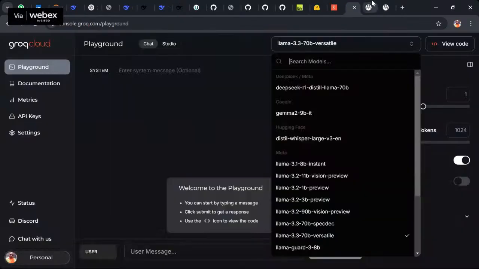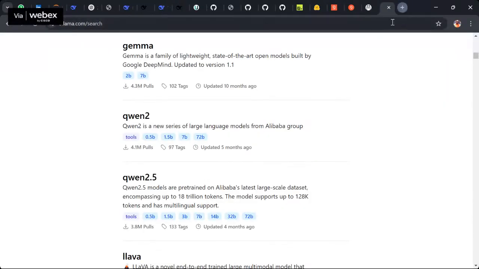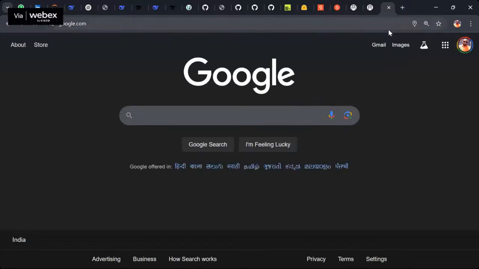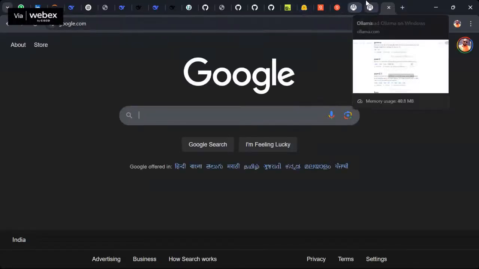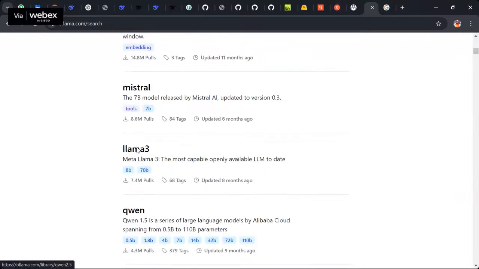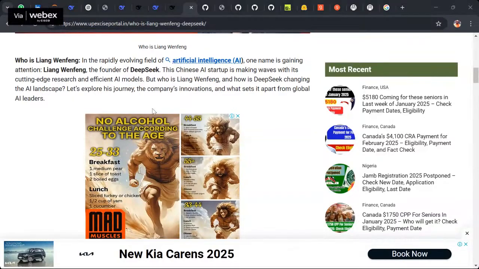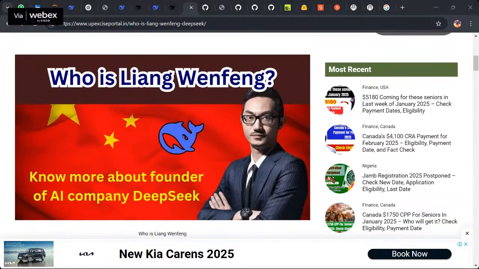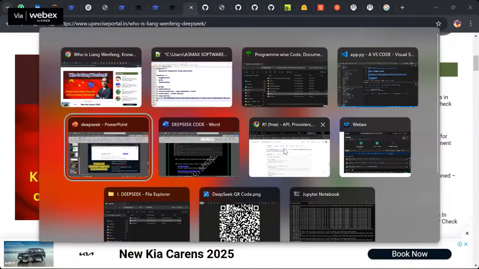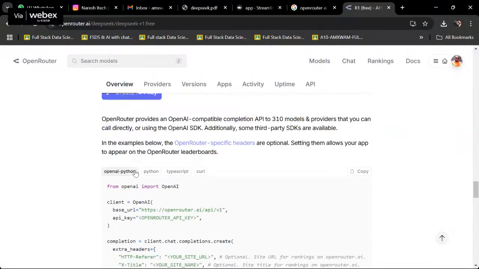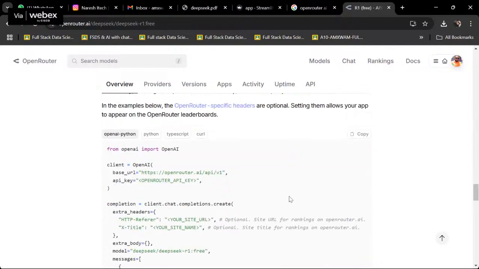That's great. So after you're done, again go to Google. If you refer to the OpenRouter page, where is that? One moment. Okay, not here. Okay. Do you see this code, guys? OpenAI Python. I am copying this code. Do you see this, guys? I copy this code. Everyone, please copy this code.